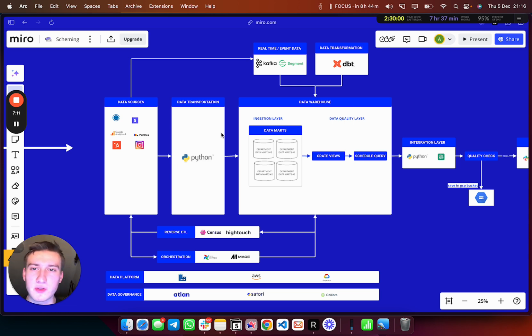But what you need to do, let's say the data comes inside of the data warehouse in the raw format. You first need to, this is called the ingestion layer. You first need to make sure it's formatted and turn that data into what we call analytical data, to actually be useful, not raw data. Then you do a data quality layer, make sure the data is 100% correct,